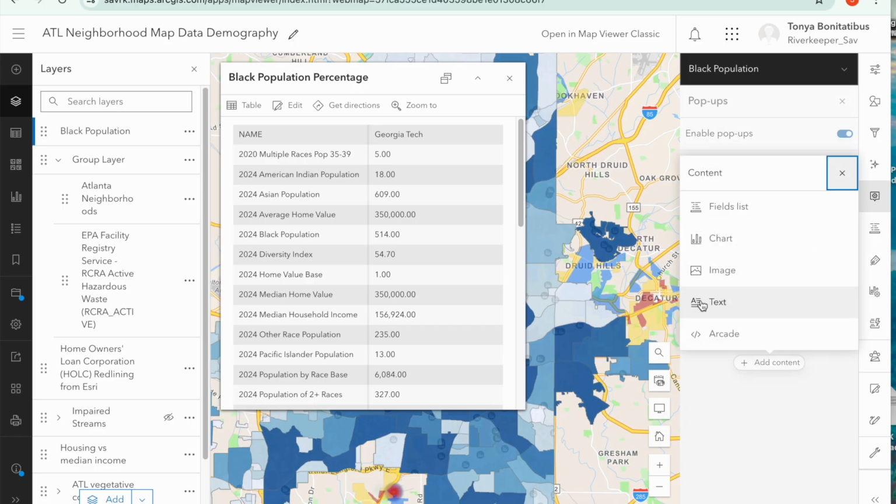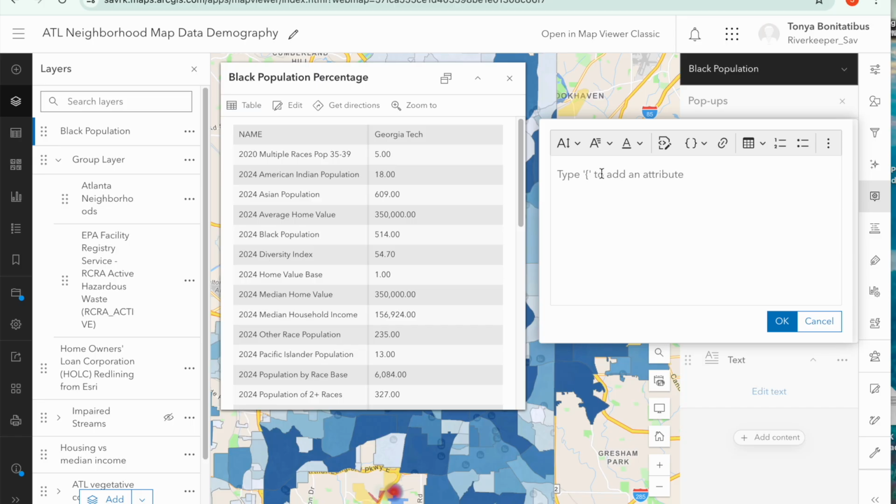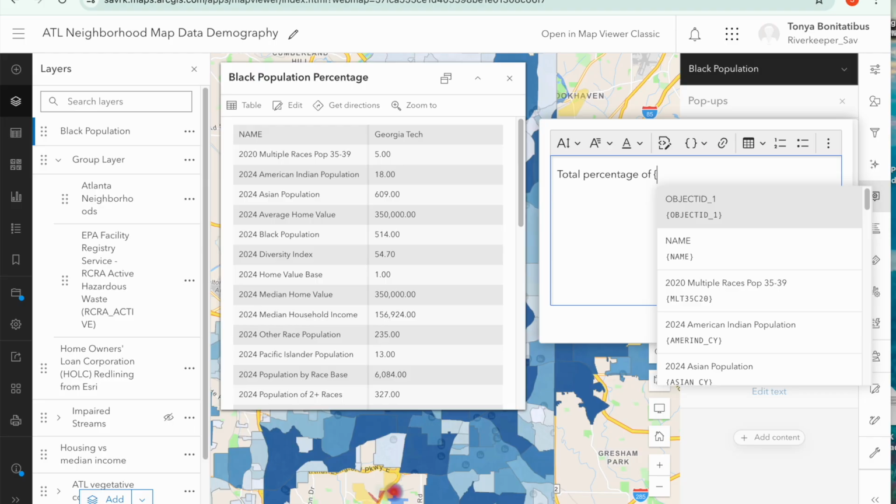But I'm going to add some text here, and these squiggly brackets, called curly brackets, are how you add attributes. So these are your different attributes. So we're going to write a line here that says total percentage of, and we could do the bracket here and do